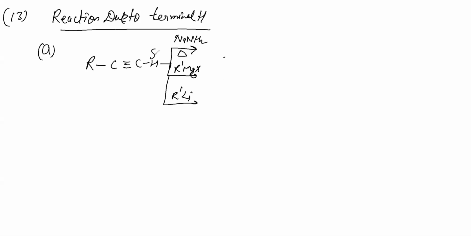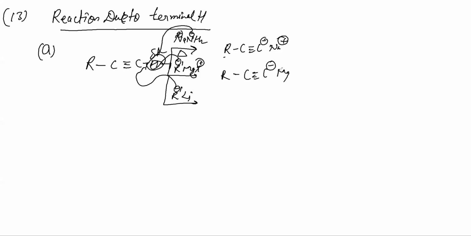This delta plus hydrogen will be replaced. Here R dash Grignard gives us R minus. That does the same. Alkyl lithium does the same. They all will pull the acidic H. Everywhere you are going to get this only. We won't add water here, then after that I'll do something else.